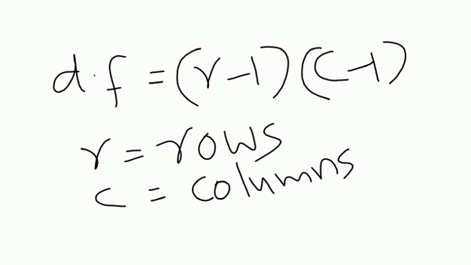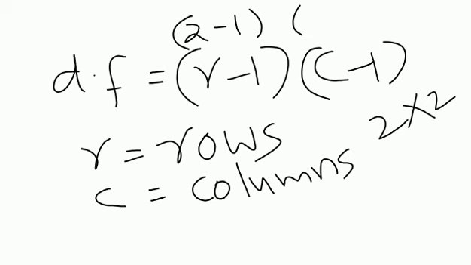So if we take an example, a 2 into 2 contingency table, meaning 2 columns and 2 rows, how will you write it? You can write 2 minus 1 into 2 minus 1. What will be the answer? 2 minus 1 into 2 minus 1, 1 into 1, the answer is 1. Understood? So this is the way we calculate the degree of freedom. Number of classes minus 1, n minus 1. In the contingency table, it is r minus 1 into c minus 1, where r is the number of rows and c is the number of columns. So that is the simplest method to find the degree of freedom. Clear? Now let us pass on to some problems.